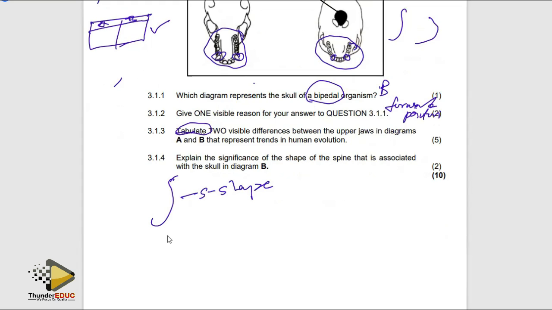But what is this S shape for? It allows flexibility of the organism, so it makes the movement a little bit easier. Then,